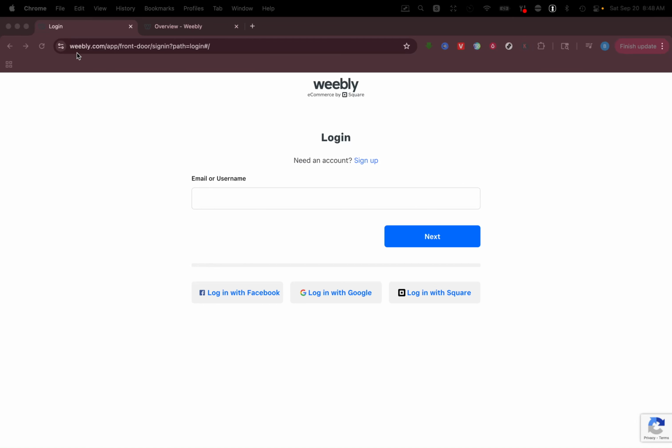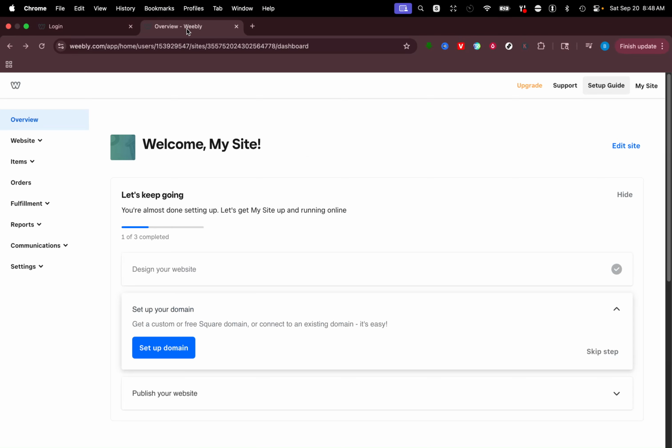This is where the journey begins. Once you're on the Weebly homepage, you're going to need to log into your account. You can do this by using your email and password. For those of you who have a Square account, no worries. You can log in with that as well. This step is essential because it gets you through the front door of your dashboard, the control center for all